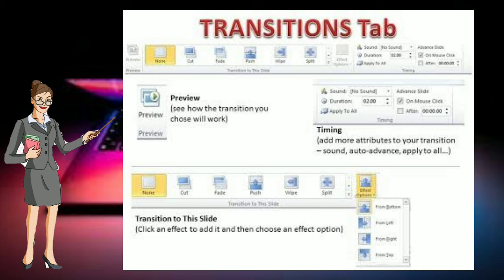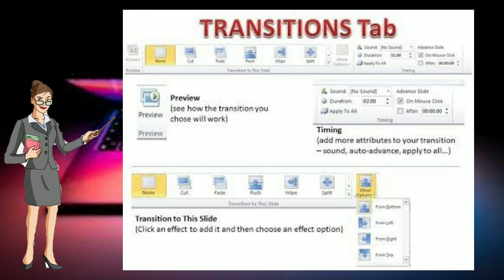You can control the speed, add sound, and customize the properties of the transition effects. Okay students, that means using Transitions you can give transition effects or animation effects to these slides. Timing group means you can put the duration to show your slides, to present your slides.